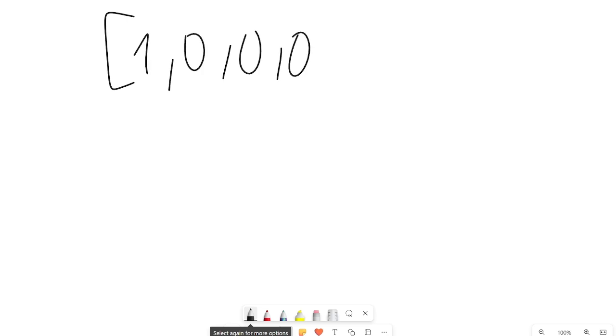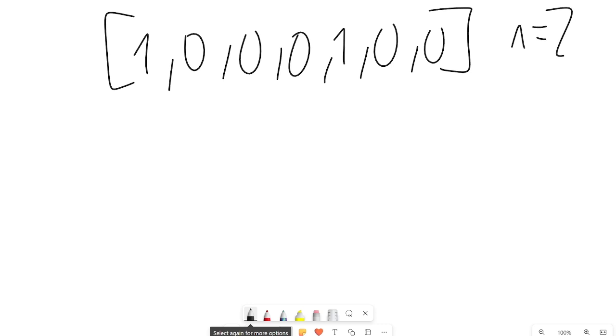So let's say we have a similar array. It's 1, 0, 0, 0, but let's change it so we have 1, 0, 0 at the end, and n is equal to 2. So what we'll do is we'll loop through the array. We'll have i equal to 0. So now we are here at 1. We check if 1 is equal to 0. 1 is not equal to 0, so we go back and we increment